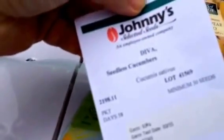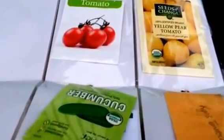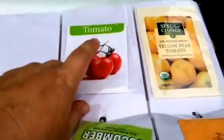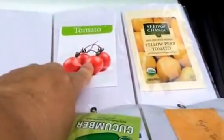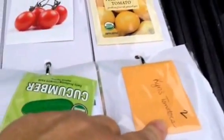This is my favorite cucumber because it does not need to be pollinated. So that's really important if you don't have a lot of bees by you, which we do not. Bees only fly about 3 miles from their hive. I've got these tomatoes that come from Tower Garden that are really wonderful. The yellow pear tomatoes. I call these Carrie's tomatoes. They're my friend Carrie Lynn's tomatoes, and I save seeds, and they're really nice. Beefsteak, Russian cream,